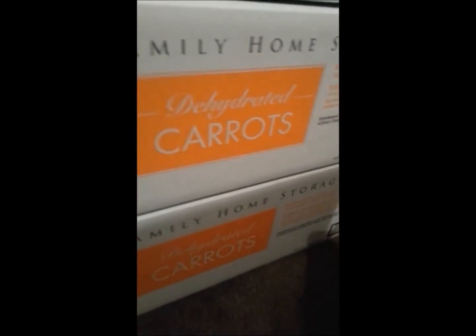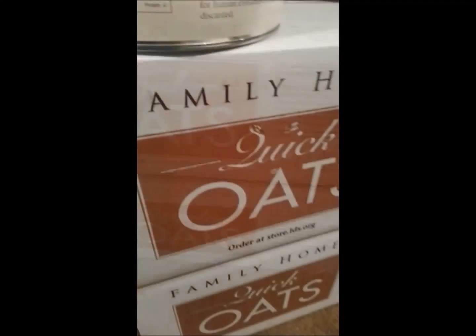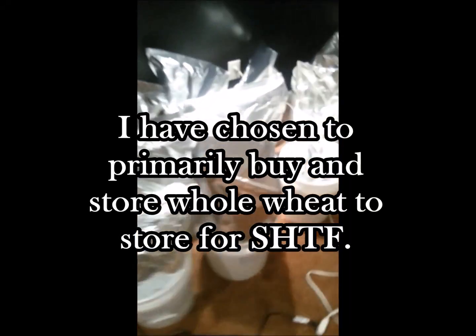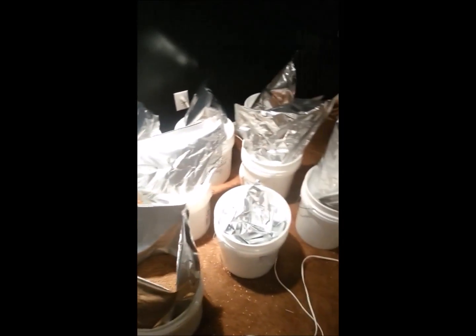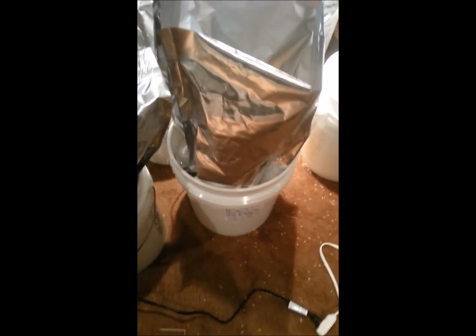Food that will store for close to 30 years. Food that I don't have to worry about rotating out on a regular basis. And that's why I have chosen to primarily buy and store whole wheat berries instead of flour for my food stocks that can be stored for decades. And I'll explain why I think it's better for serious preppers to primarily choose whole wheat berries